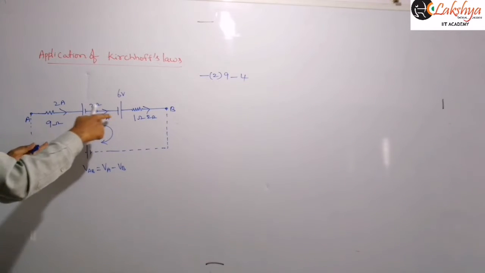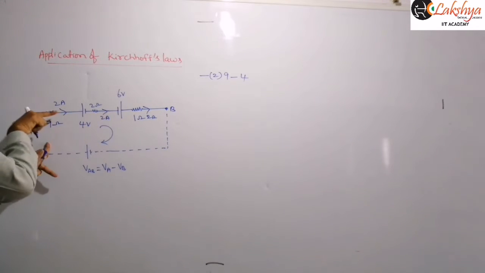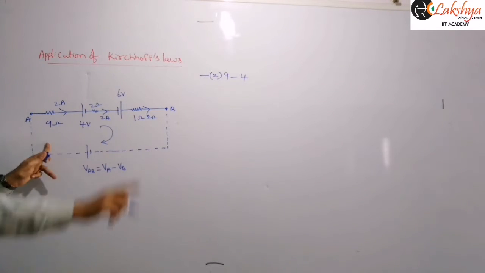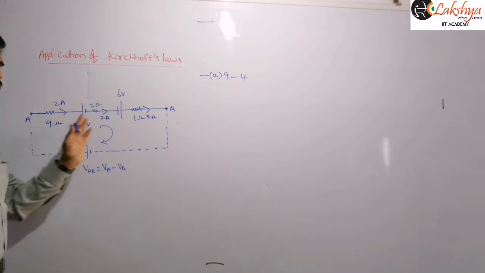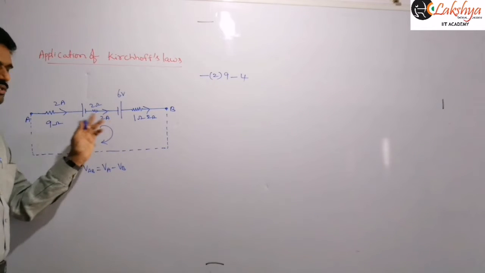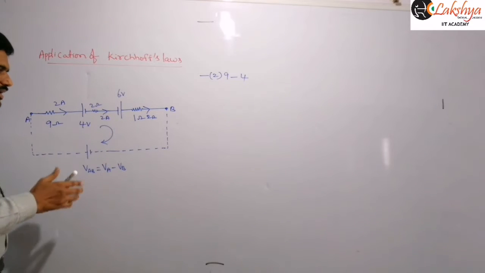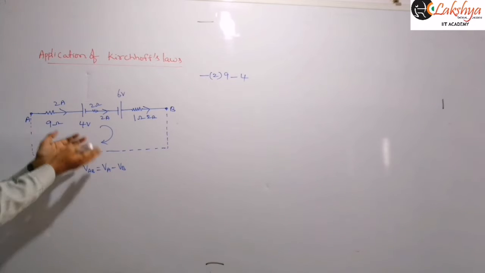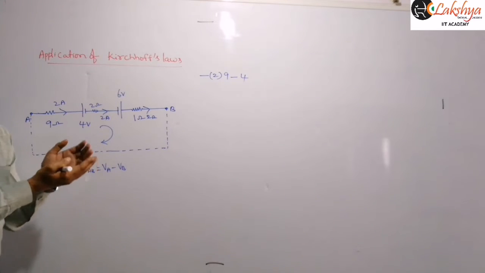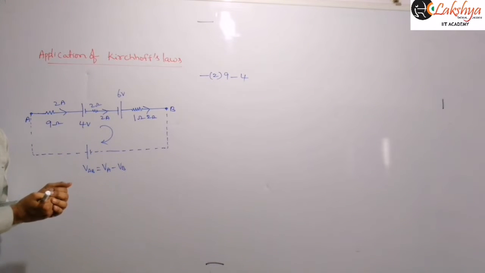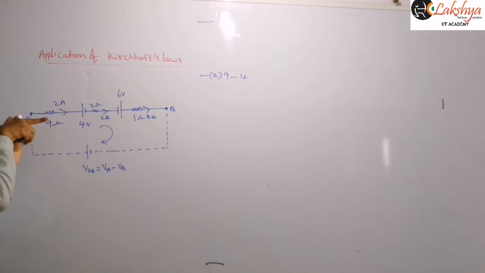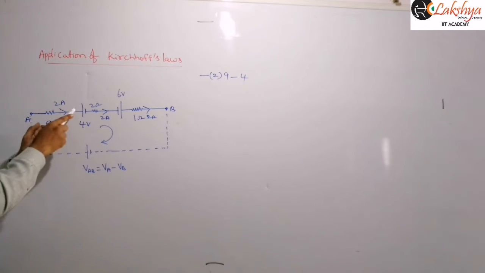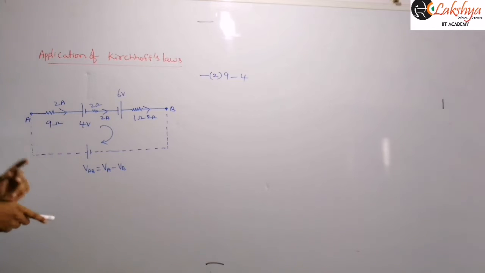So irrespective of the polarities of these cells, this 2 amperes current will flow like that only. So you need to take the same amount of current here. Got it? So don't confuse about the current or about the polarities here. So that means in that process, because it is a part of a circuit, some cells may be in charging state and some cells may be in discharging state there, right? So simply you need to take the same amount of current in the same direction, even though here the positive terminal is connected this side, right?